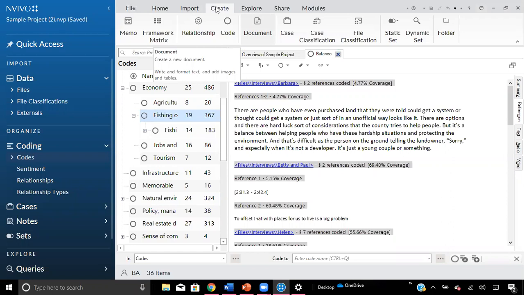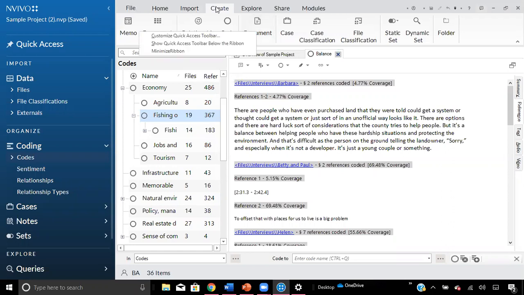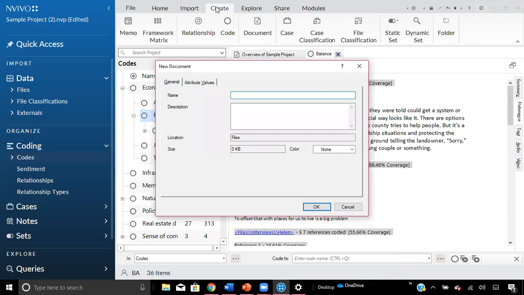So if you want to create a document, you'll click on this document button and a new document window should appear. You can name the document, add a description if you would like to, and then hit the OK button.